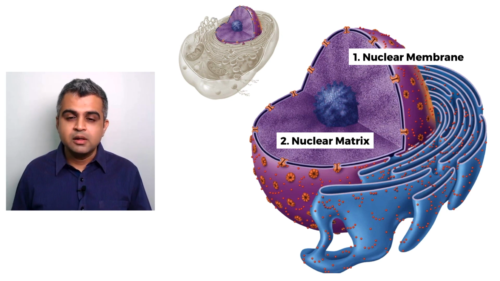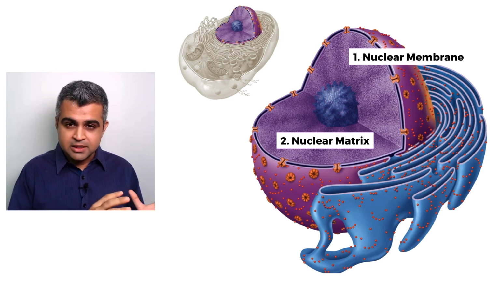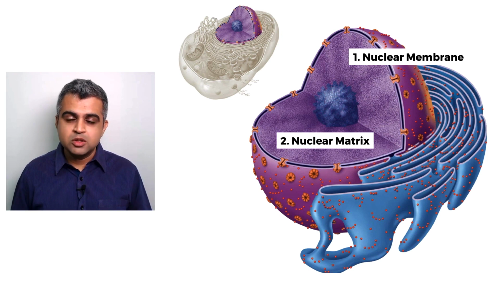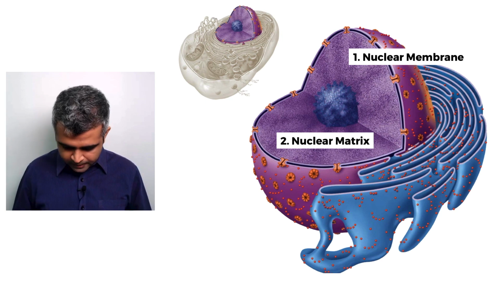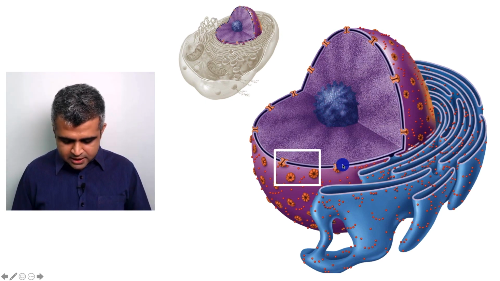So broadly speaking, a eukaryotic nucleus has a membrane. That membrane ensures that cytoplasm remains outside and nucleoplasm remains inside. The nucleoplasm can also be called the nuclear matrix, and the nuclear matrix contains chromatin and it contains nucleolus. Is this clear to everybody now? Okay, let's move ahead. Now, if I was to take this section of the nuclear membrane, can everybody see that? I have just taken this box here. Can you see this white box?